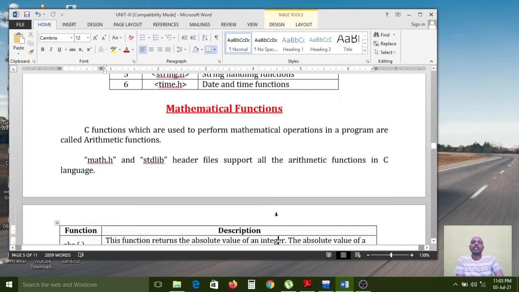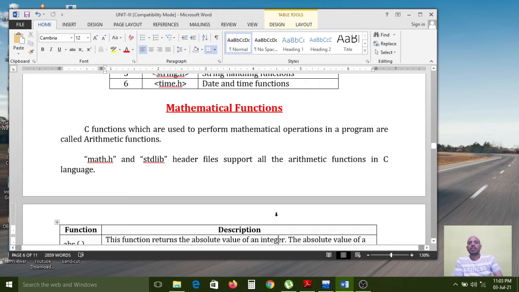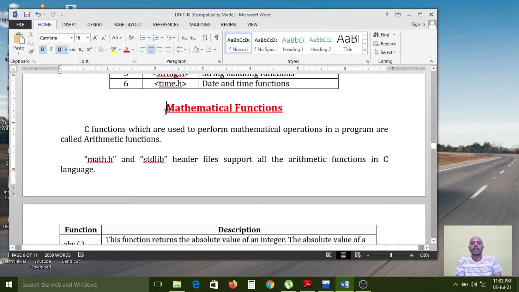Next, according to our Osmania University syllabus, in the built-in functions, the first concept is mathematical functions. These are predefined functions. If you want to perform some mathematical operations in a C program, you need to use the math.h header file, and the stdlib header file also contains some mathematical functions.